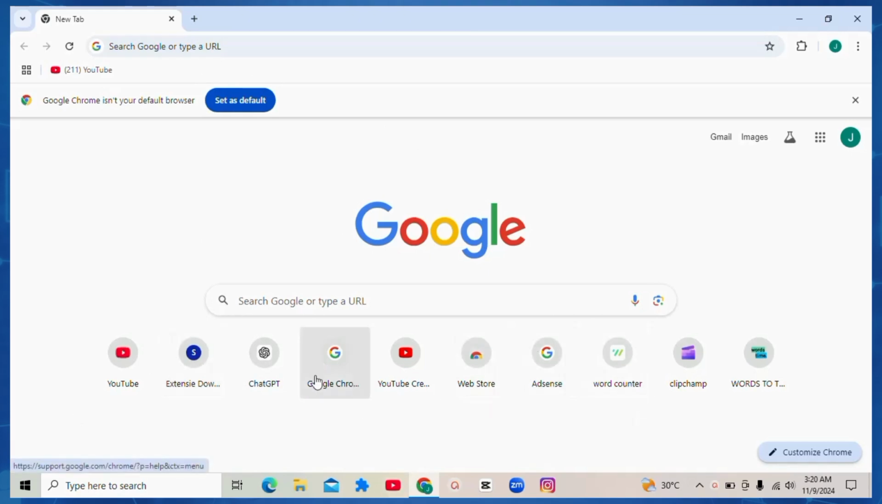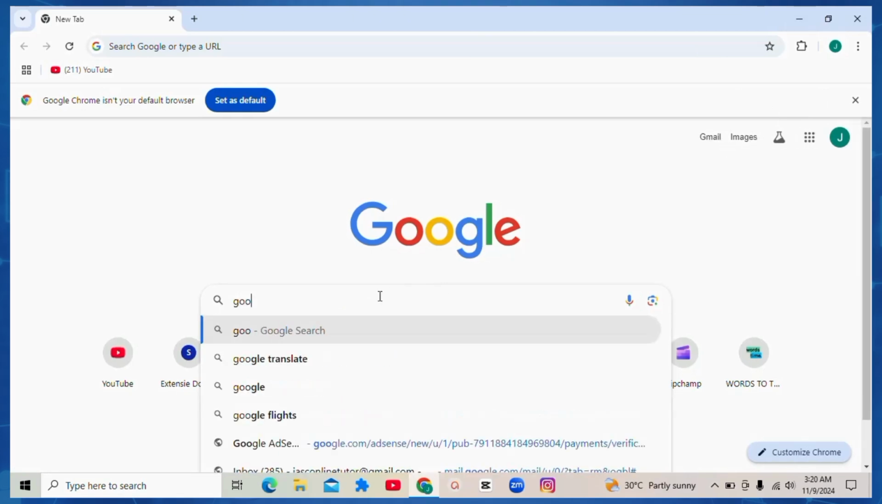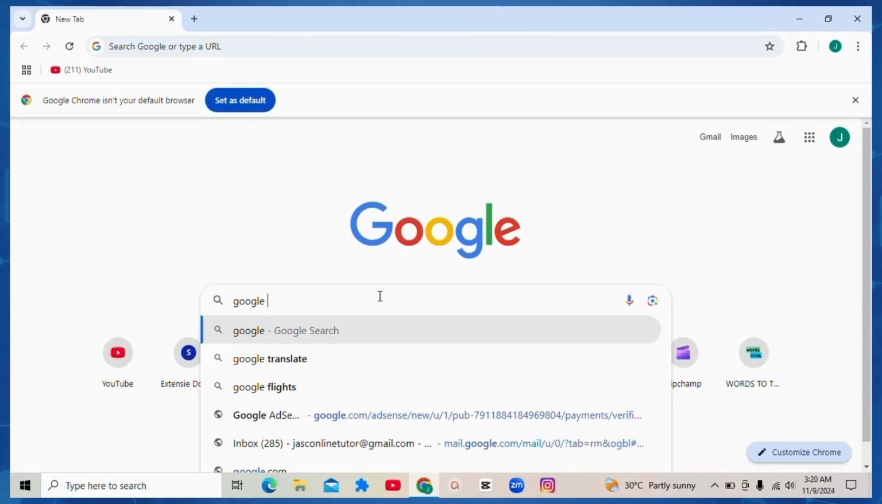Once you do this, make sure you open your Chrome browser, and make sure that you are logged into it. That's why you're seeing this capital J, because I've actually logged in with this Chrome browser. Once you log in, go to your Chrome search bar and search for Google Cloud